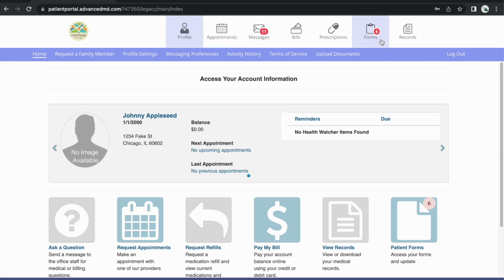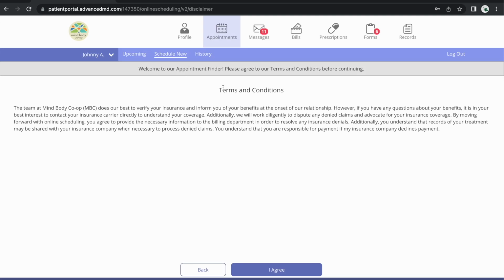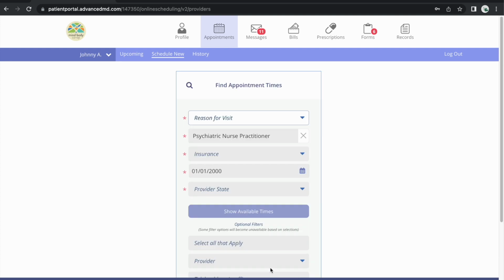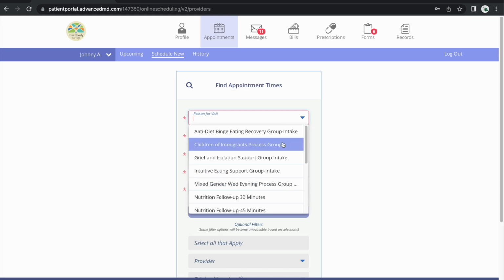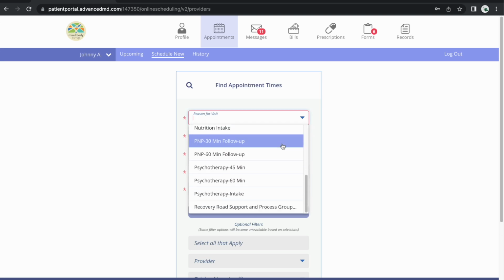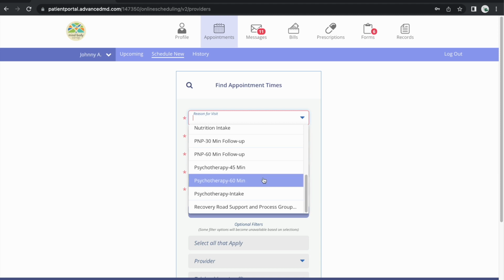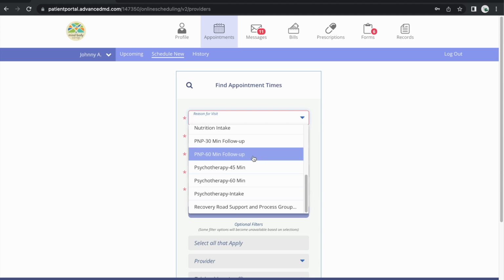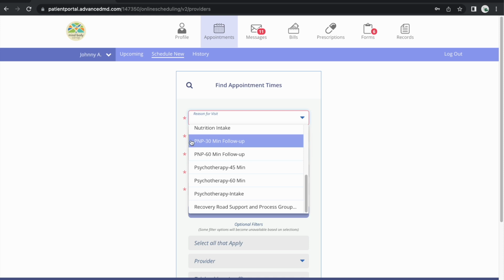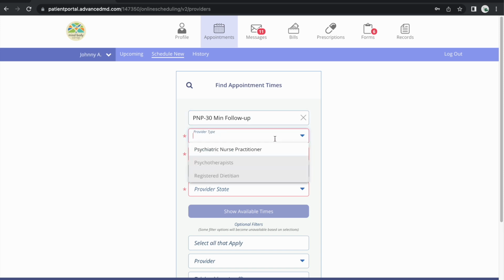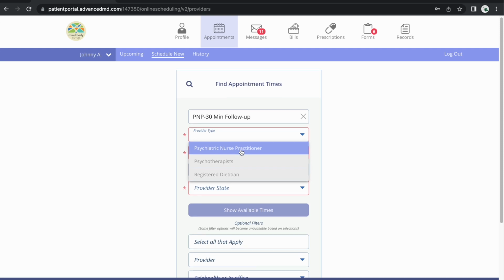Now if we go up to the top here and we focus in on selecting these buttons to continue our demo here, if we click appointments, there will be a consent to agree to, and if we select I agree, you can then go through the options here where it says reason for visit to select any type of appointment that you'd like to make, provided it is an option within the online scheduling tool. So for example, if we wanted to schedule a follow-up appointment for medication management or with a psychiatric nurse practitioner, we would select this appointment type, select the provider type,